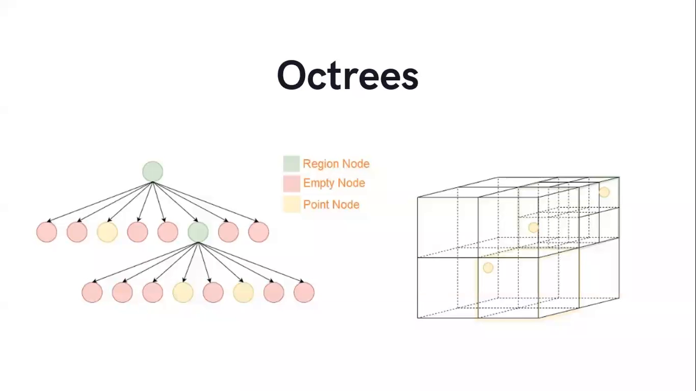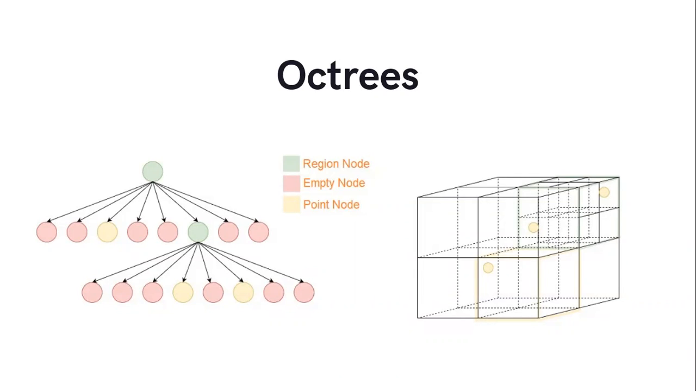So the data structure we've chosen is Octrees. Like a binary tree subdivides a one-dimensional space into two segments, an octree subdivides the three-dimensional space into 8 octants, where each octant is represented by a node. As you can see in the image here, we classify the octants into 3 classes: region node, empty node, and